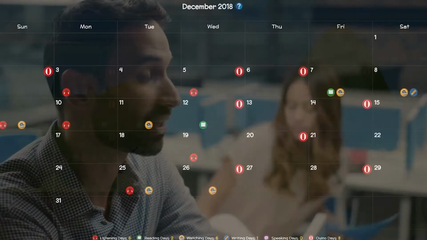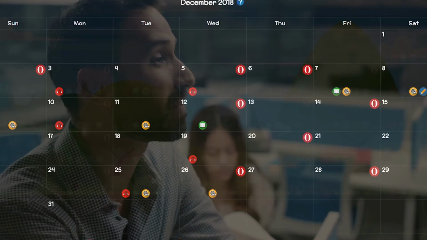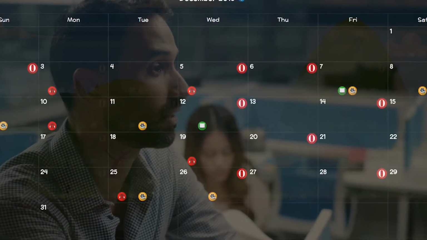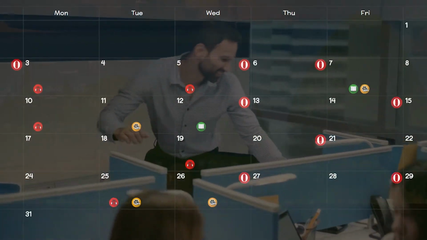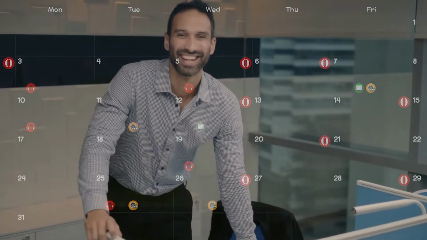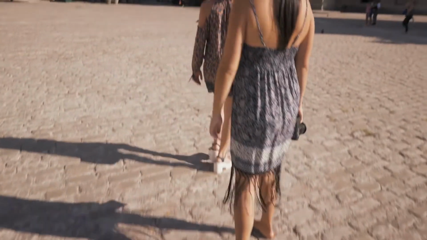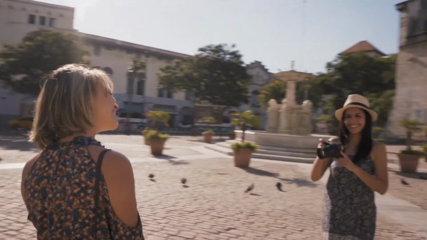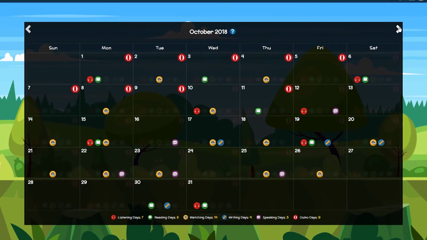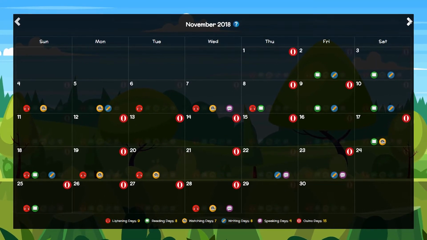Now let's take a look at Tom's calendar. Tom loves languages, but he works full-time and loves to spend nights and weekends with his friends. Tom doesn't have as many badges. From this observation, it's easy to see that Tom will have made much less progress than Julia. But Tom is okay with that. It all depends on your goals and reasons to learn the language. There's nothing wrong with learning the language more slowly, but at least it's easy to understand why Julia made more progress.